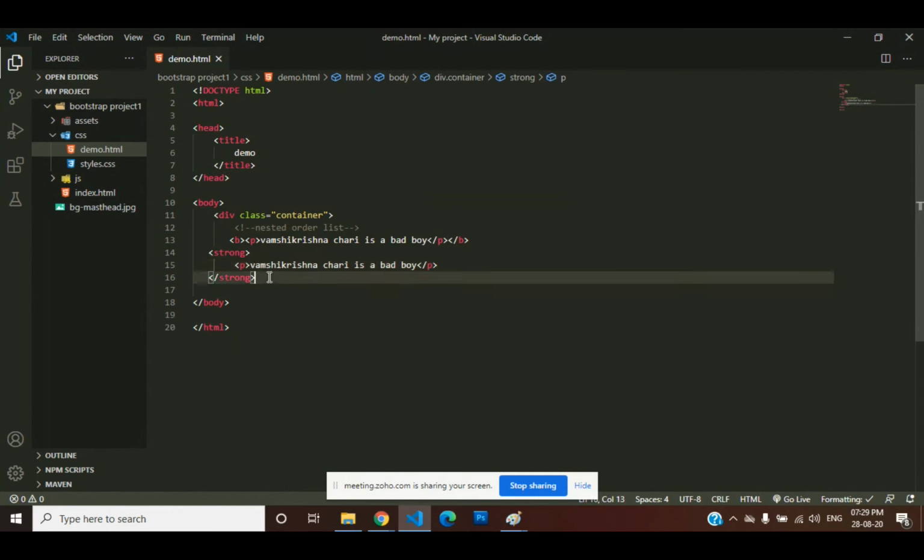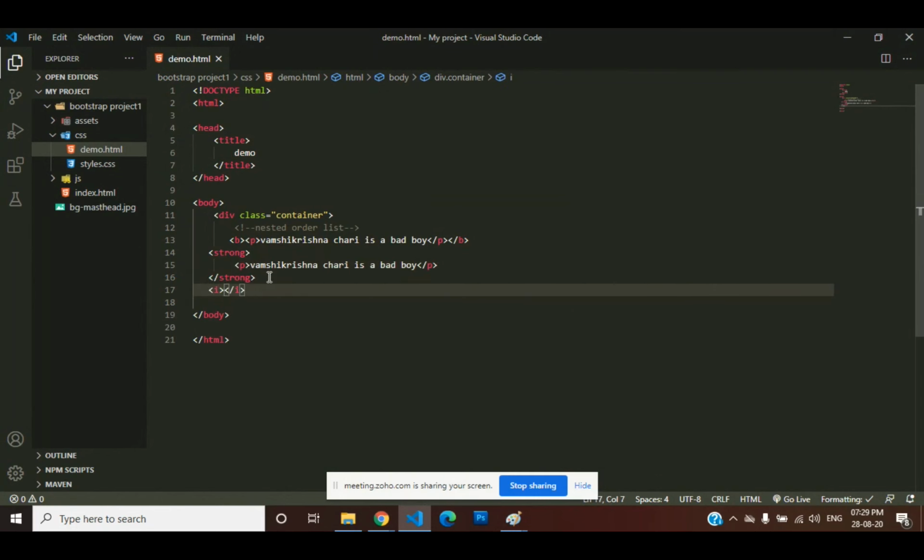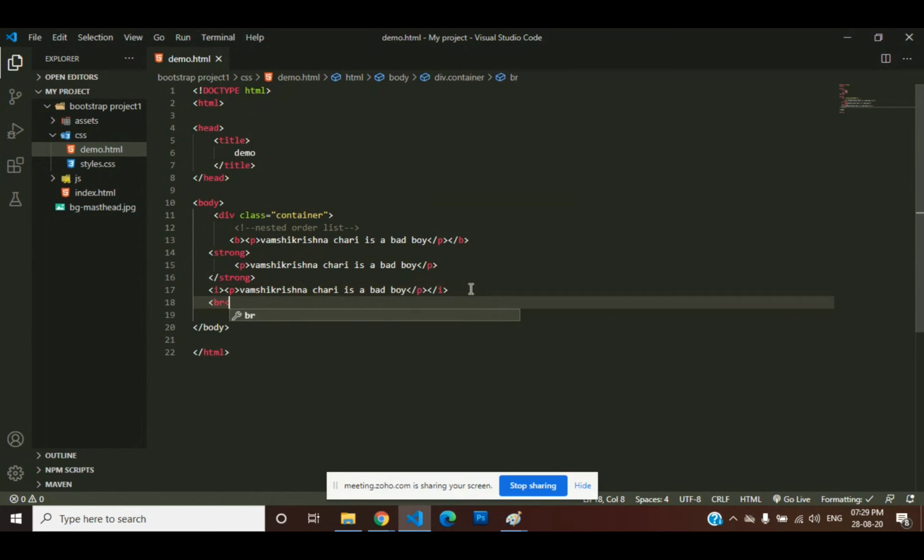Okay, now coming to italic. Italic means what? I know. In this I am pasting the paragraph. Now coming to another, we will take break. Break is nothing but an empty element. For example, when you insert any content, the content will flow on the same line only. If you want to break the content according to your requirement, you must use break. We will go through one example. After completing this coding, I will show what content will be displayed for you.